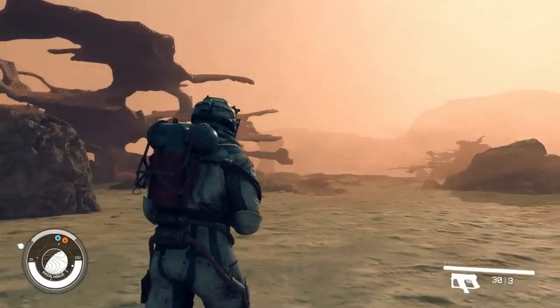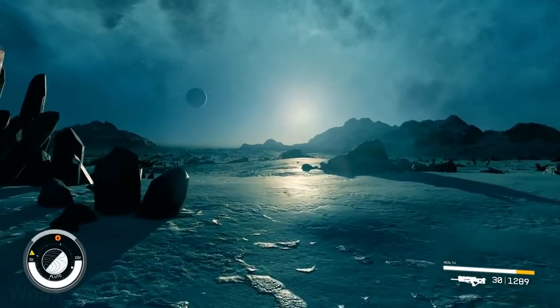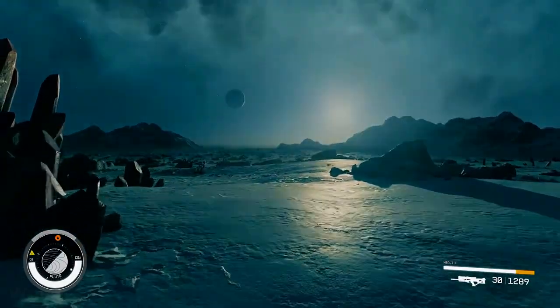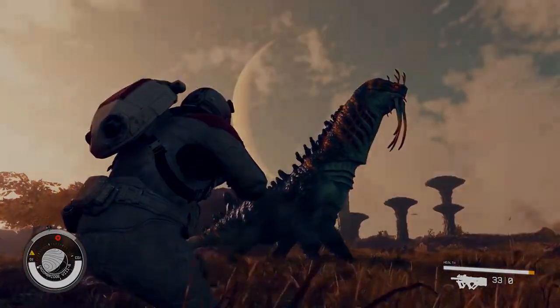From the way we approached planetary atmospheres to the way we placed biomes based on the planet's distance from the sun. Once we had created a grounded world, we could start looking at all the things that make that world fun. When you leave a planet and head into space,